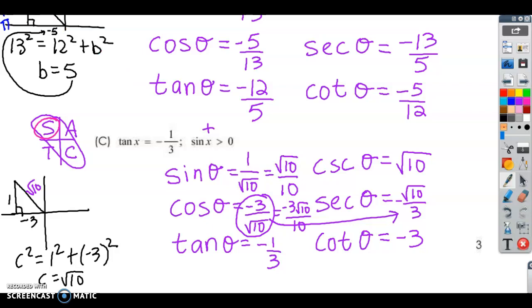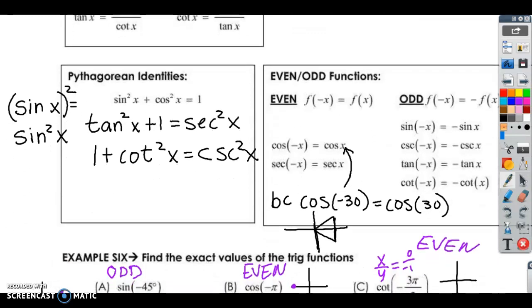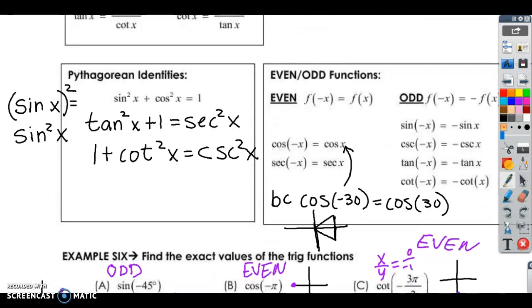And I think, all right, I've got 14 seconds left. So you just have to look at these on your own. Make sure you know these definitions. Write these down if you can. Look at even and odd. You might have to watch a video on even odd. I might have to, maybe I could find a good